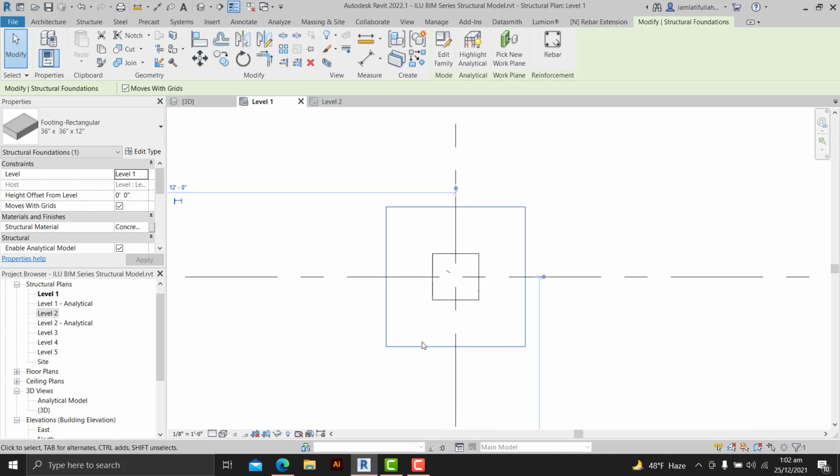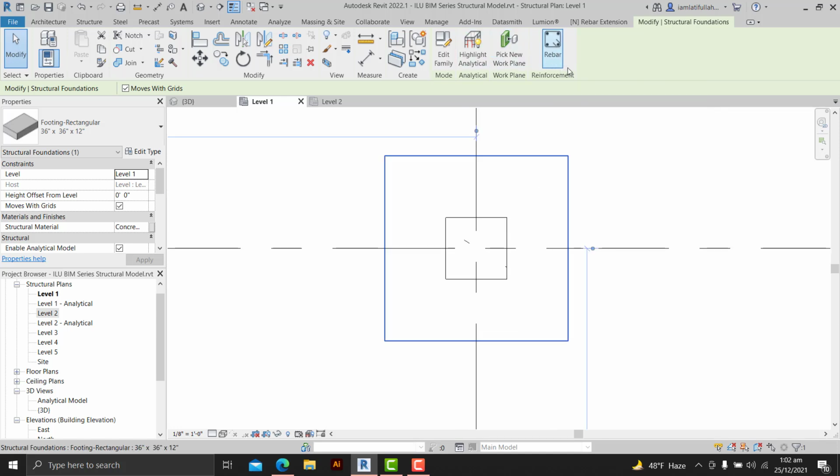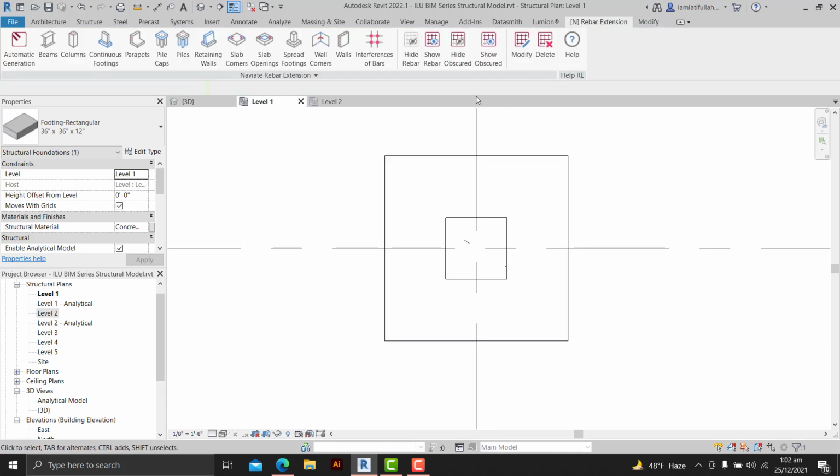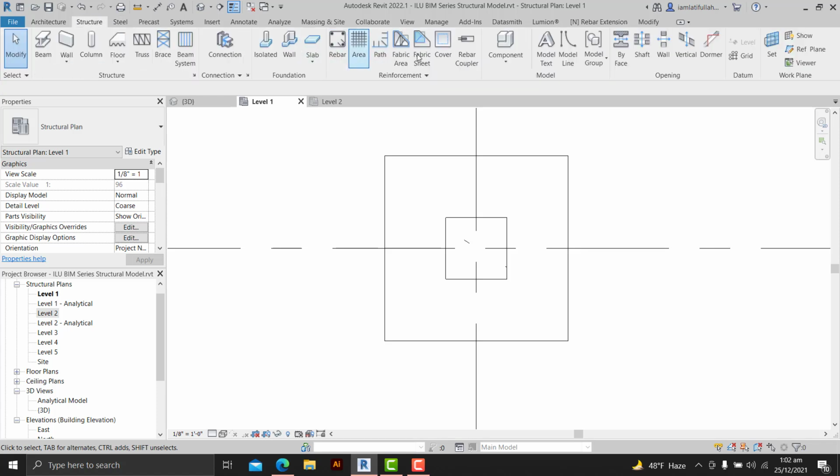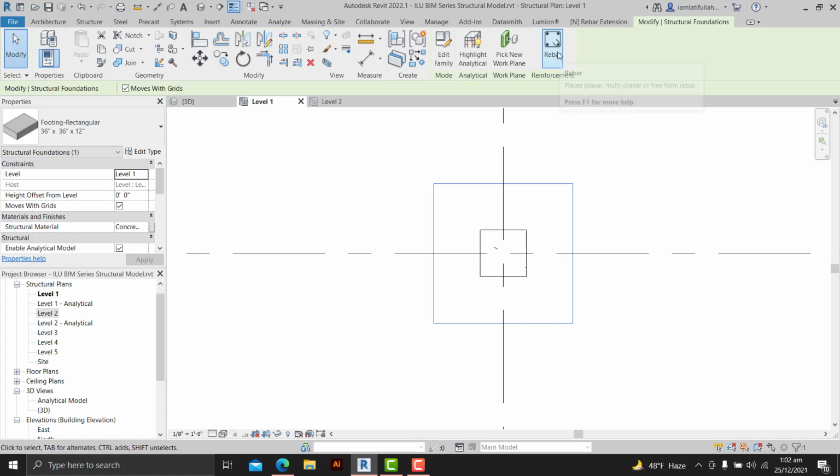When you select a structural member, you will see these options of reinforcement and other family options too. But you can also go to the Structure tab, click on the Rebar option, and then add your element. Or you can select the element, then click on Rebar.